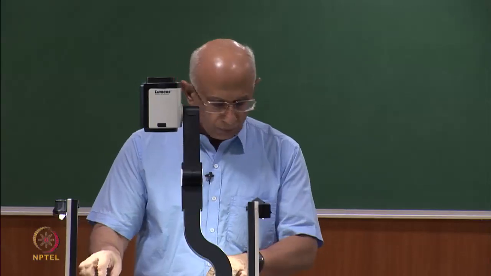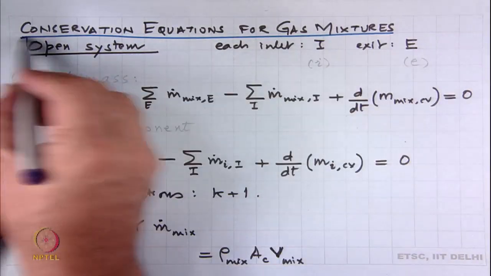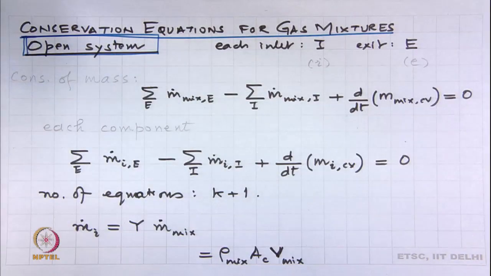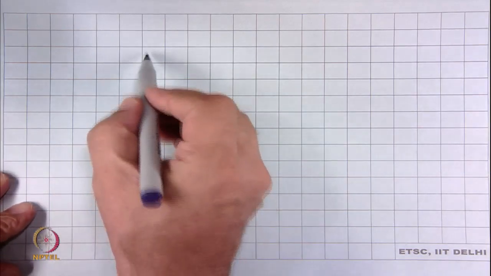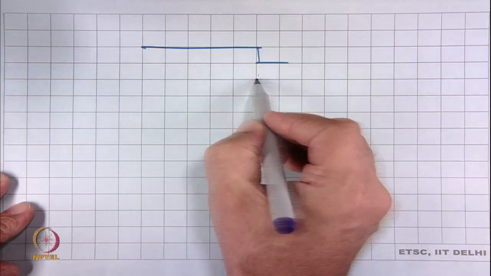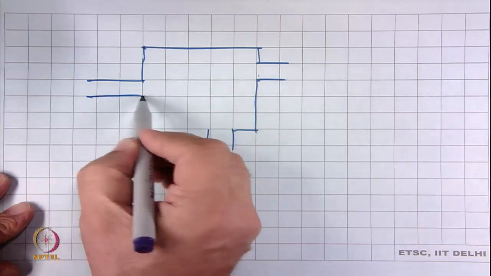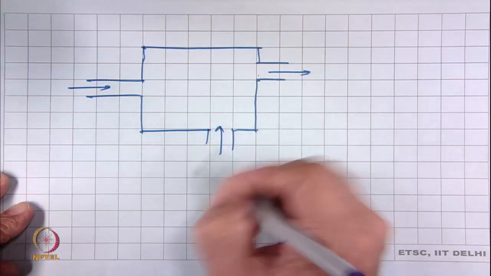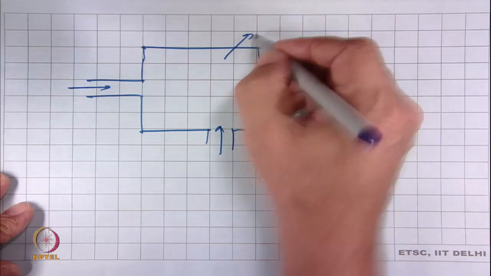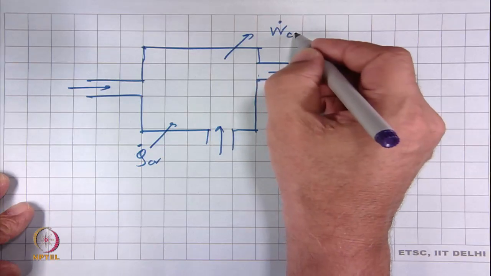Now, we come to the conservation equations for gas mixtures for an open system. So, what we are doing here basically is, like before, we say that there is a system into which there are different inflows and outflows, across which there could be heat transfer and work transfer,